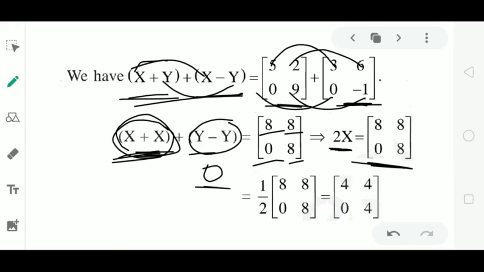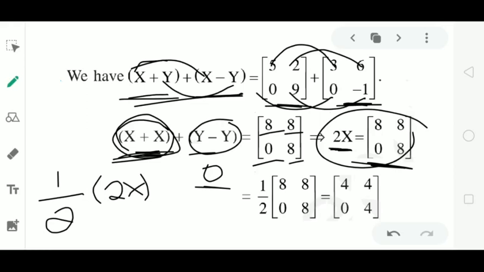Now, to find the matrix X, we multiply the scalar 1 by 2 on both sides of the equation. We do not divide by any scalar here because we have studied only the operation of multiplying a scalar to a matrix. We have not studied dividing a matrix by a number. We will not discuss division in the case of matrices. Here, if you have to divide by the number 2, we say that instead of division, we multiply 1 by 2 to 2X or the matrix.